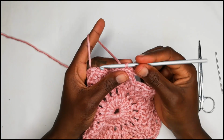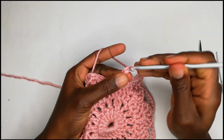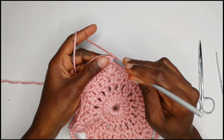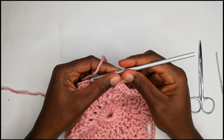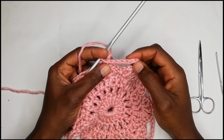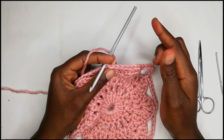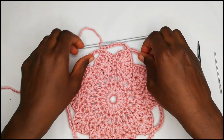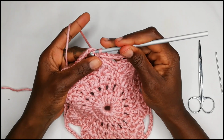So what I'll do for this last chain, I like chaining 7 instead of 8. And then where you have our single crochets, we're going to work a slip stitch. And why that is, because I have this extra slip stitch, if I work 8 chains, it will be a bit looser than the rest. So I usually let that slip stitch mitigate as the last chain space. So when you look at it, it is equal in terms of tension and size with the rest, just like that. And it's not too loose. Then I'll slip stitch into the next row,